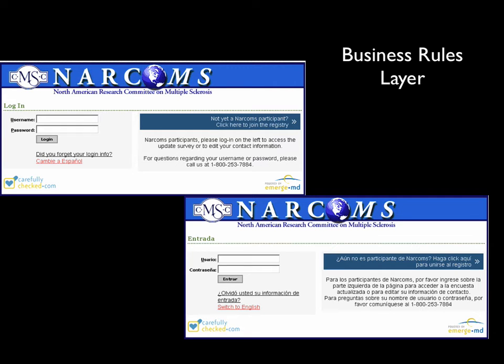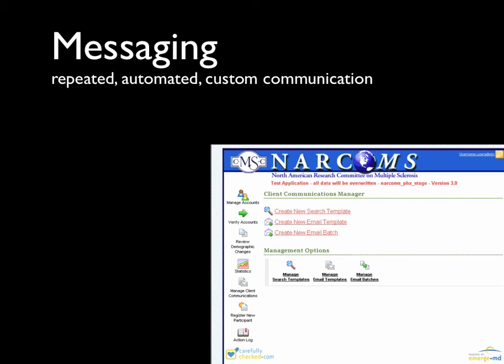Here's an example of a business rules layer. You might not think of it as this, but a business rules layer can act as a translation layer where the platform can be in English or Spanish or Chinese for that matter. Business rules layers may also work like this: I've put in a bunch of data, and that data is now pushed out as a computed new piece of information.